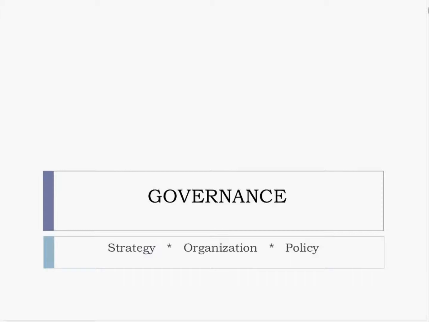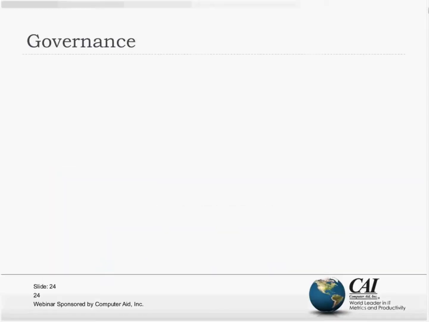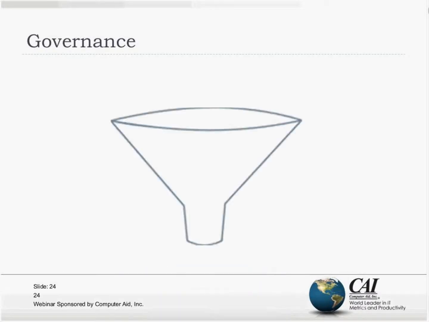So governance. What I've put together here for governance really is there's 3 major elements of governance: strategy, organization, and then policy. We're going to examine each one of those to some degree. Before I get into that, I'm just going to talk a little bit